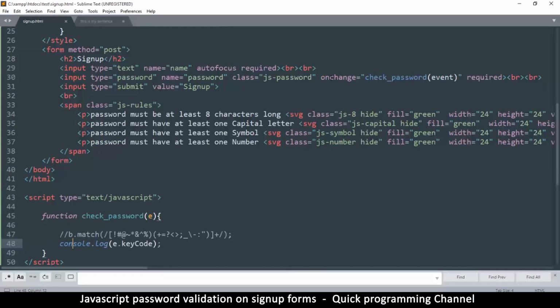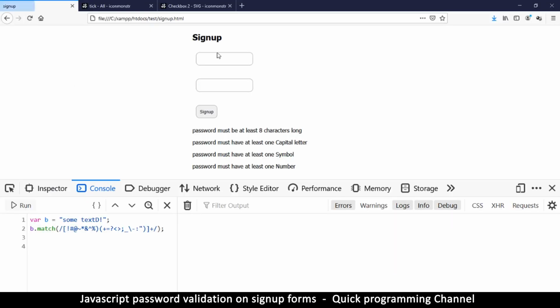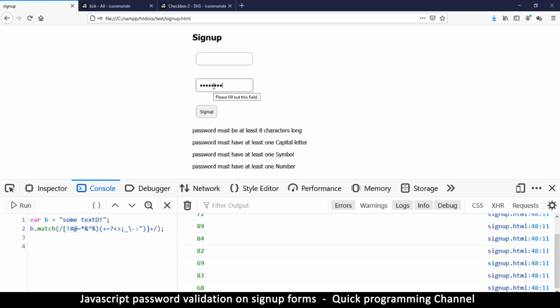Okay, so what I want to do now is change that. Instead of on change, let's do it on the key down so that we see the issue there. So key down, when somebody presses a key, then things happen. So let's see that. Okay, so that's working fine, but the problem is,